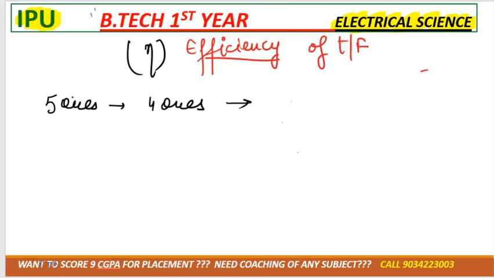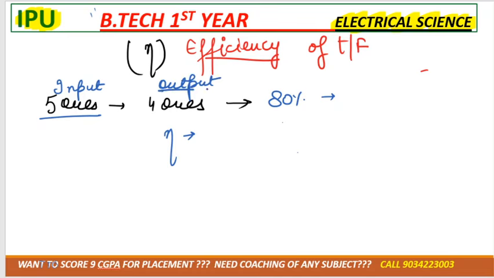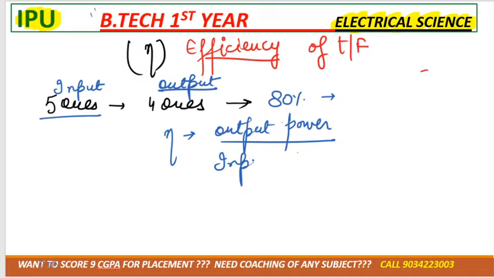From 5 you are able to do 4. How much is your efficiency? 80%. So how did you calculate efficiency? The 5 questions which I gave you, that is your input. The 4 questions you were able to solve, that is your output. Correct? So efficiency is always output power divided by input power,